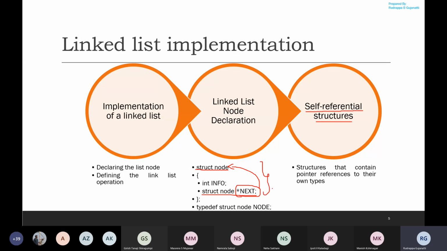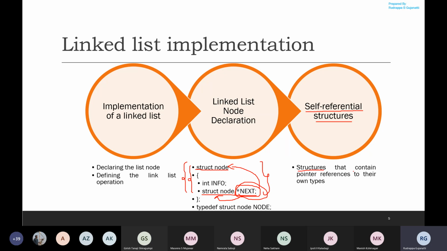These structures are referred to as self-referencing structures because they have a pointer to themselves. In this case, we have a pointer and this pointer holds the indication of the next element, and that element is of the type struct node. And this entire structure is struct node itself. So if we have something of this kind, we call those self-referential structures.